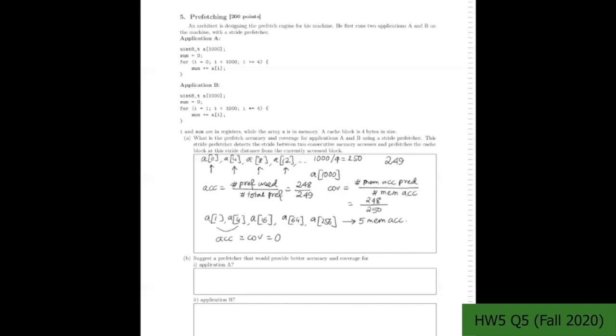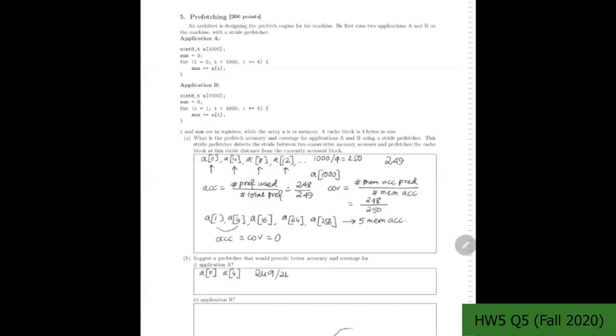Suggest a prefetcher that would provide better accuracy and coverage for application A. Now recall that for application A, the stride prefetcher fails to prefetch memory accesses going to element A0 and A4, because these are the first two accesses which give us the stride learning. But a next block prefetcher would always prefetch the next cache block without even looking for a constant stride. Hence, in application A, a next block prefetcher would actually successfully prefetch